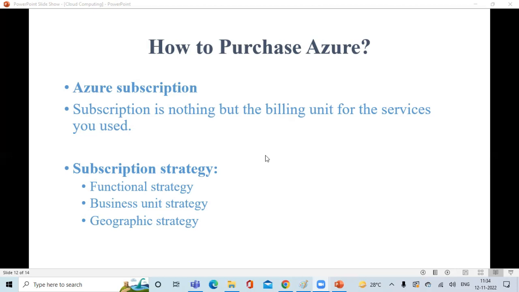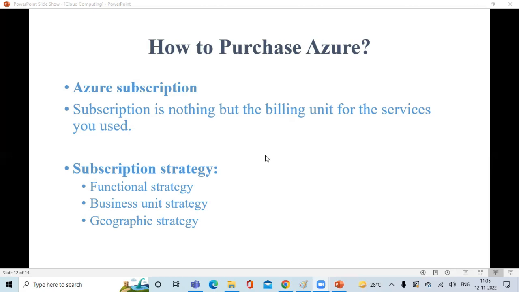Let's say you have a prepaid account and a postpaid account. In the postpaid account, you pay only for whatever you utilize, whatever you consume. So it's a kind of postpaid card, right? If you are using a virtual machine for 5 minutes, then Microsoft will charge you only for the 5 minutes. If you use 5 minutes and 30 seconds, it will charge you like that only. Microsoft will charge you on a per-minute basis, but it will show the output in hours.